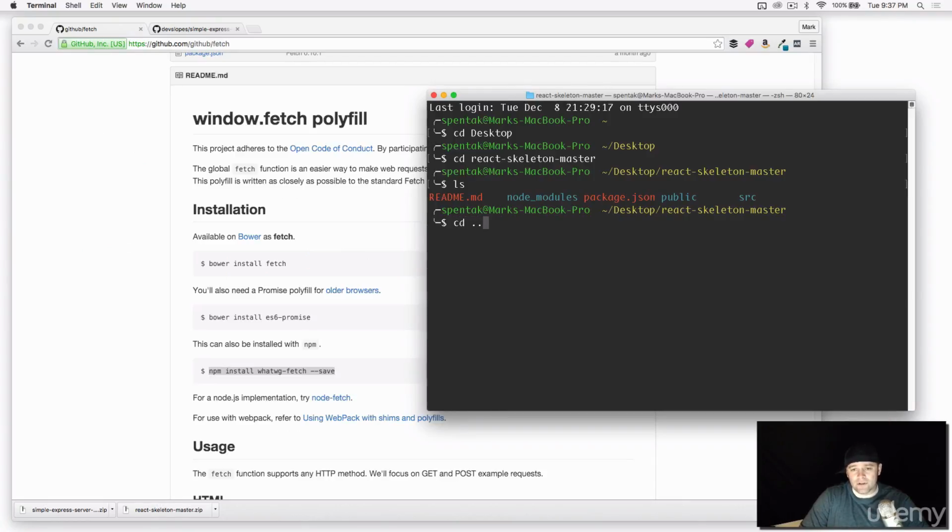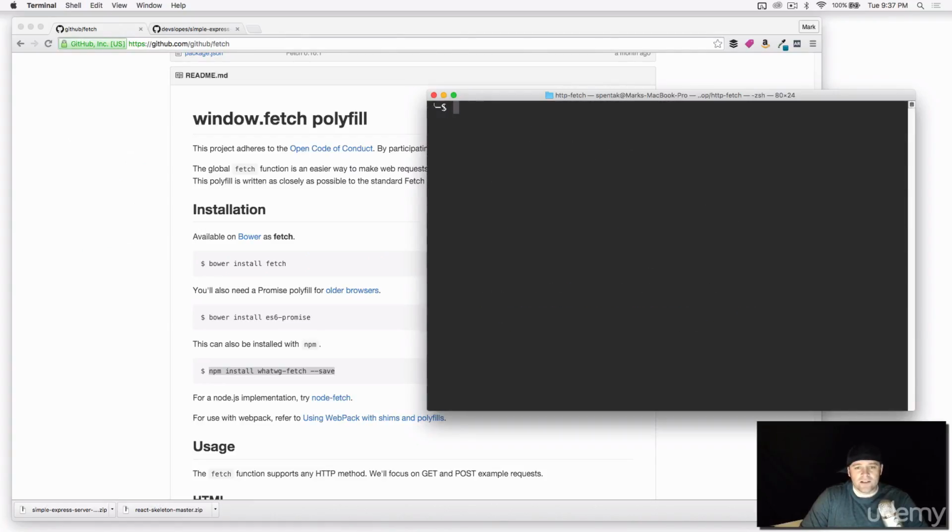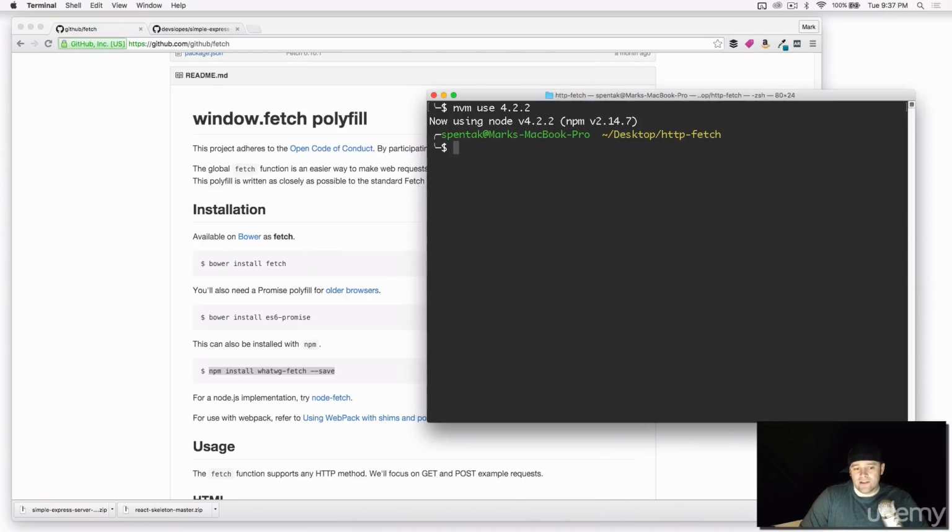Actually, I'm going to rename this real quick. I'm going to call it HTTP-fetch instead of react-skeleton-master. I'm using mv, which is move, and it'll rename it for me there, and cd into HTTP-fetch. Same thing, just changed the name. All right, so npm install. Actually, I need to turn my npm on by using the Node Version Manager. So nvm use 4.2.2. Now I can say npm install